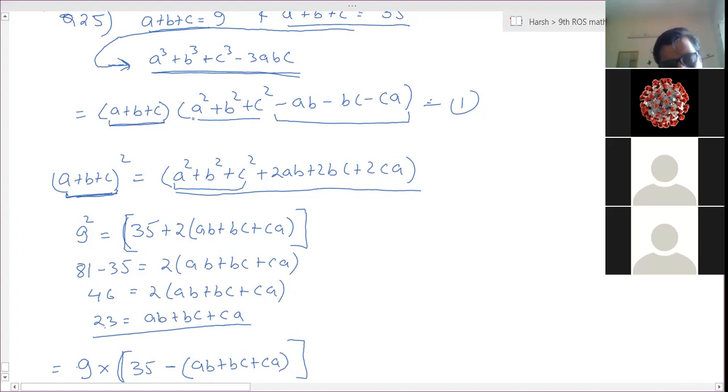Okay, this is with me. This is also with me, but this is not there. But how to find this? In which formula will we find AB, BC, CA? Immediately, since there are three variables A, B, C, you can remember A plus B plus C whole square was A square plus B square plus C square plus 2AB plus 2BC plus 2CA. A plus B plus C is already given. So I will replace, I'll get AB plus BC plus CA, and I can replace it in that first equation. Is it clear? Yes, sir. Please write it down.